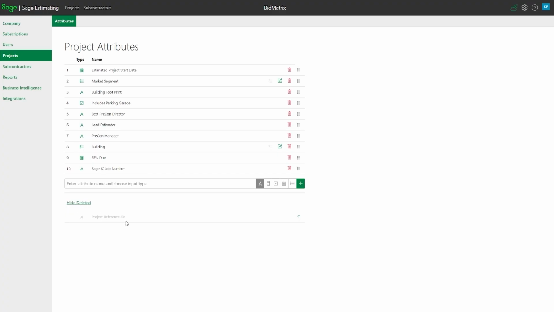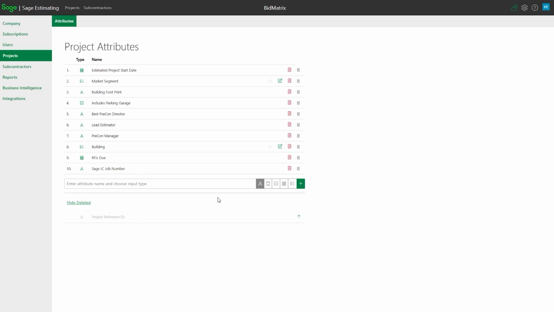What this show deleted means is that the attribute is still being referenced on whatever it associates with. In this case, I'm looking at project attributes, so I've still got some project out there that must be utilizing that. So it won't let me delete it entirely. It won't show up when somebody's entering new ones or things like that. So it is somewhat gone, but it's still somewhat in the back of the system because some project out there is still associated with that attribute.